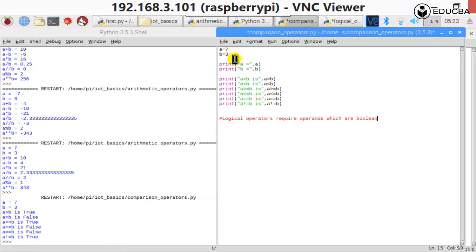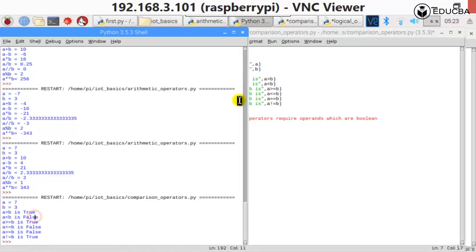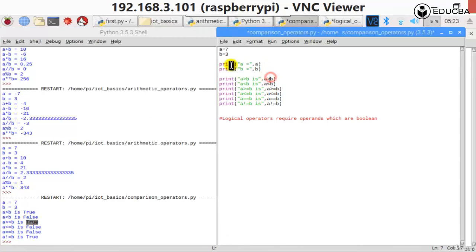Now, a greater than b gives you an answer which is Boolean. A less than b also gives you an answer which is Boolean. But a and b, they are not Boolean. These operands are not Boolean by themselves. But logical operators require operands which are Boolean. So can I say A greater than B is a Boolean value, or A less than B is a